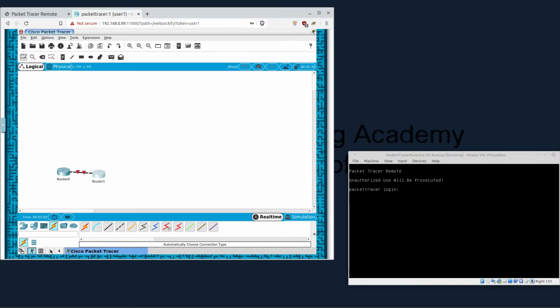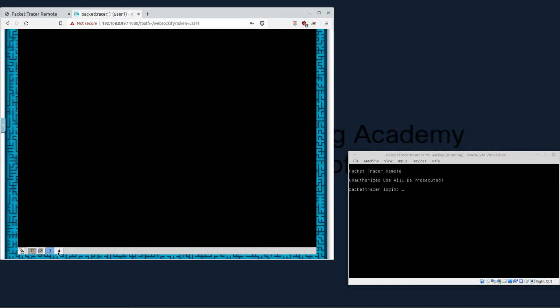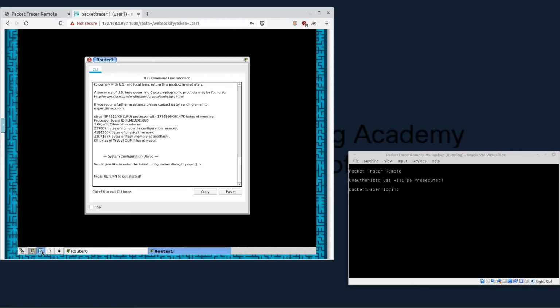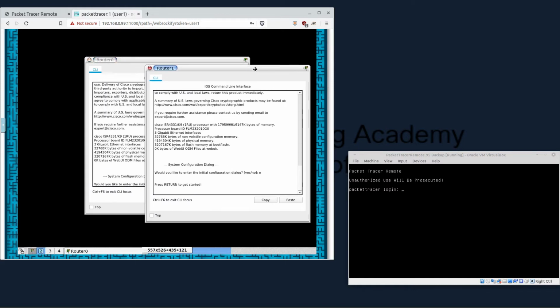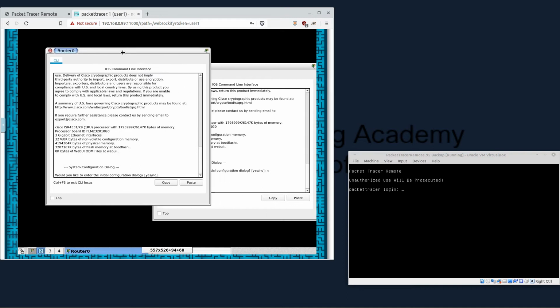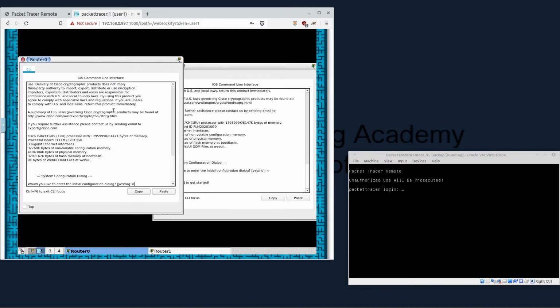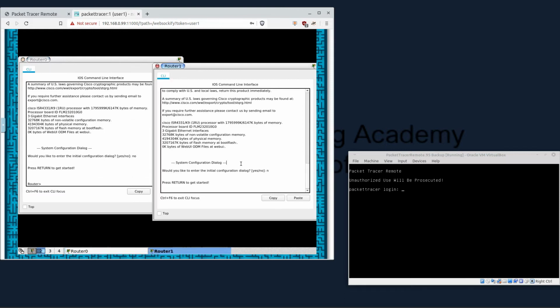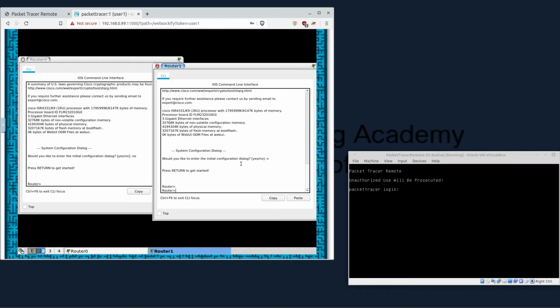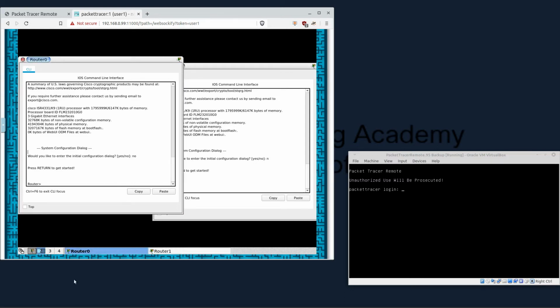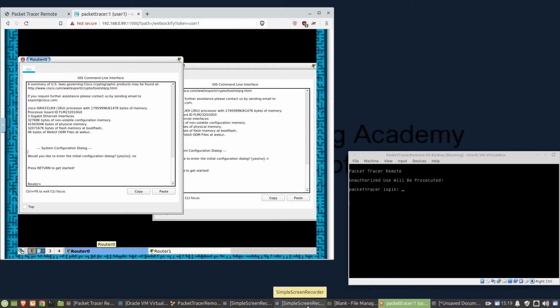Okay, we actually have 4 windows, 4 desktops. What I've done is I've taken advantage of this extra space here. There we go. And we're going to program the routers really quick, except we're not going to program them by simply typing, which I could do. What I'm going to do is